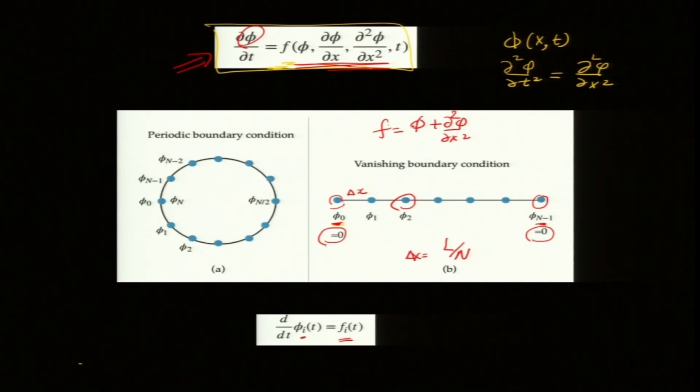So, I know the function at this point, phi 2, but what about the double derivative? For the double derivative I can use any method, you know. What is the double derivative at this point? One method gives you phi i plus 1 minus 2 phi i plus phi i minus 1, divided by delta x square, if I get it correctly. Okay. So, this is the formula. If I have the discrete points, then I can compute the derivatives. So, my f i is computed.